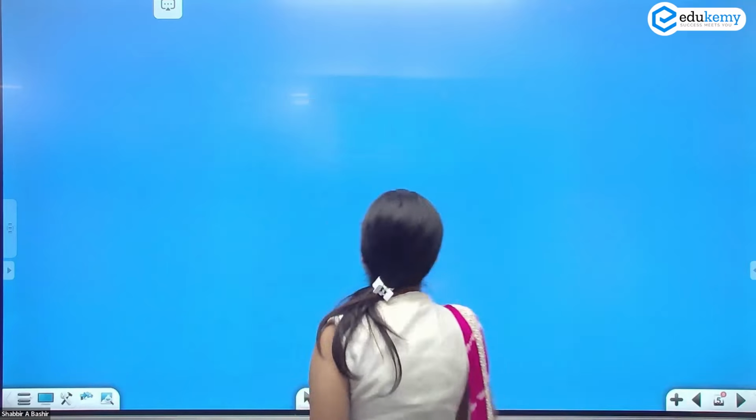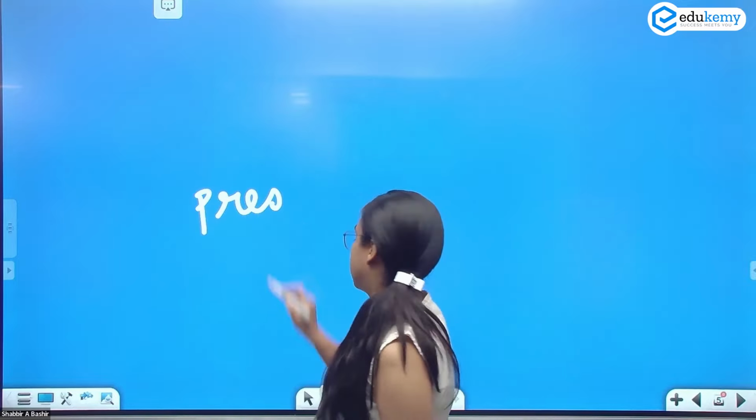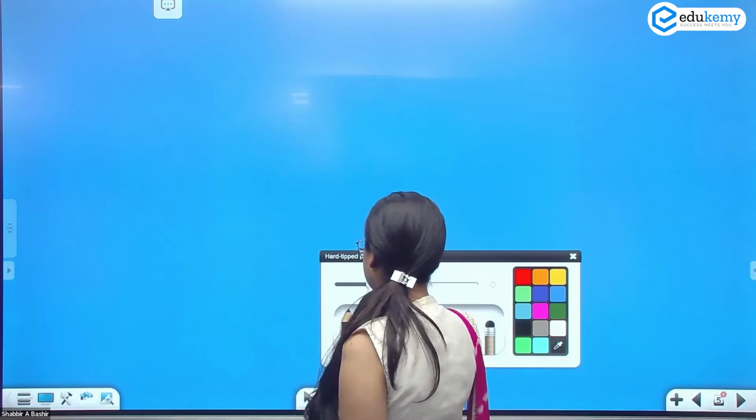Definition क्या बोल रहा है? Ethics से क्या है? Ethics is a prescriptive code of conduct.